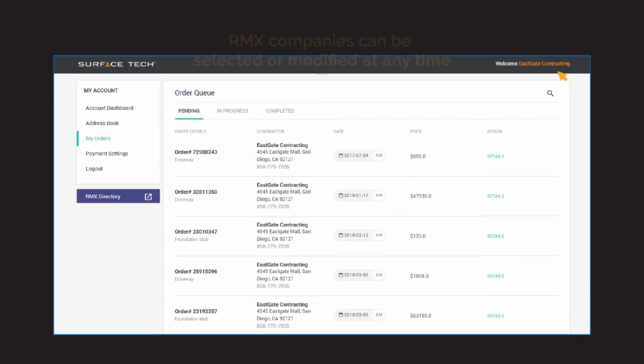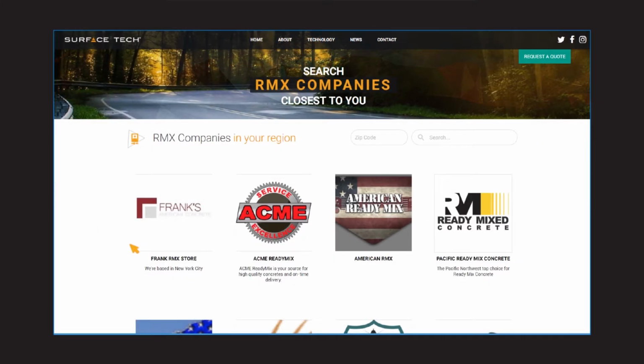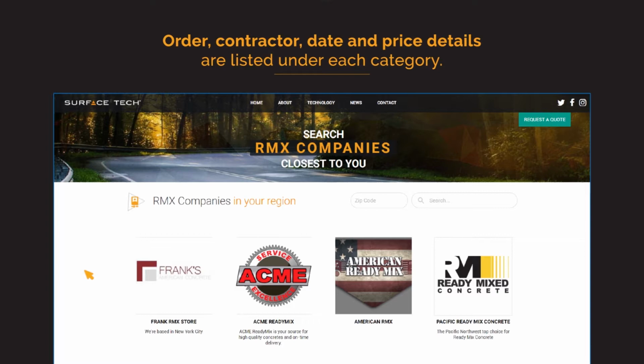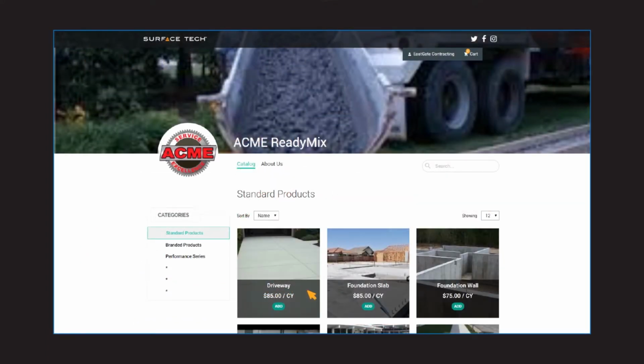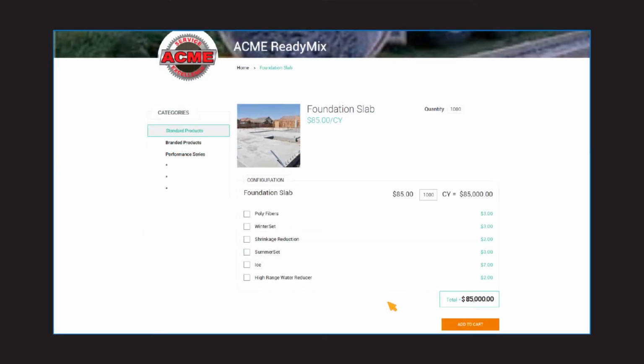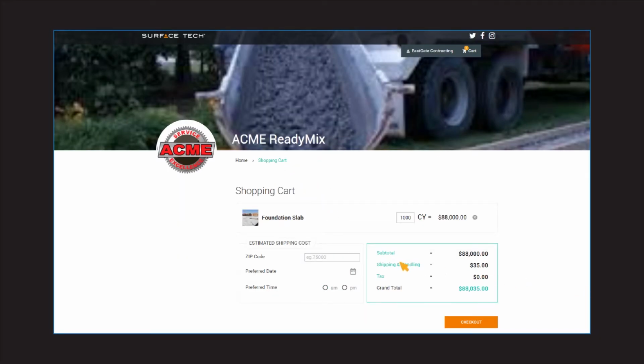Now, to initiate a new order, first go to the RMX directory to select a company based on region or type of offering. Select a ReadyMix Provider and choose the desired material by clicking Add. Once the material is chosen, select the quantity, including any other additives desired, and click Add to Cart. Now, you can either continue to add more products or check out. Let's click Checkout. Here, once you've submitted a zip code and specified a preferred date and time for delivery, click